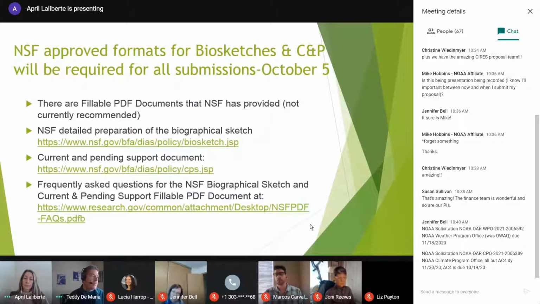We have for you the page that you're looking at right now, I believe. If you go to those two links, and we'll make these slides available to everyone, it could give you specifically what NSF is requiring. That you basically have to use SciCV or you use their fillable PDF documents. And then you hear fillable PDF. If you've never used SciCV before or ORCID, like me previously, you would want to, of course, just use the NSF fillable PDF documents.